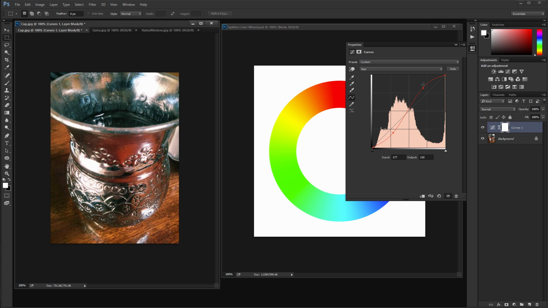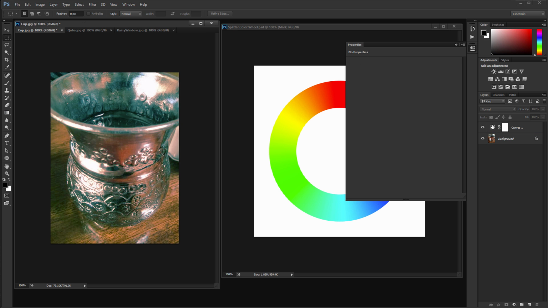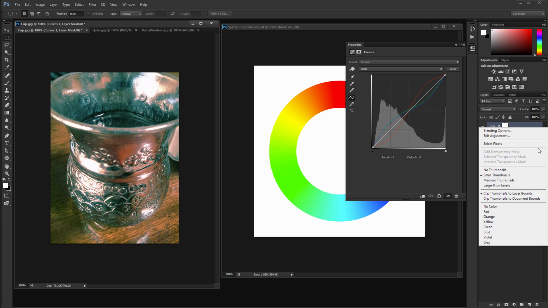So I'm gonna push the right region up and the left region down, and then I'm gonna go to green and do the Z curve on it. So I'll push the left one up and the right one down, and you can already see the results coming up in here. And then I'm gonna go to blue and replicate either of those curves. Right, and voila, we have a kind of Instagram looking filter,